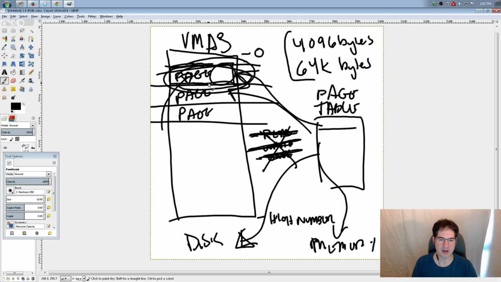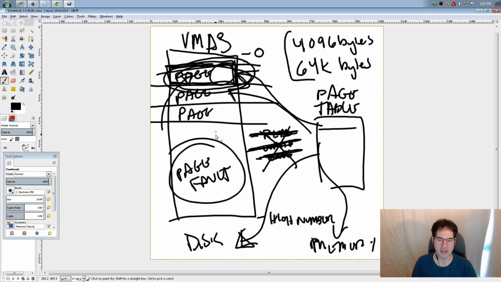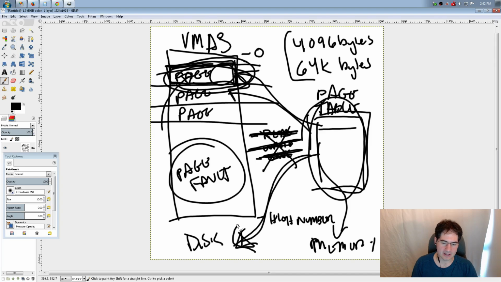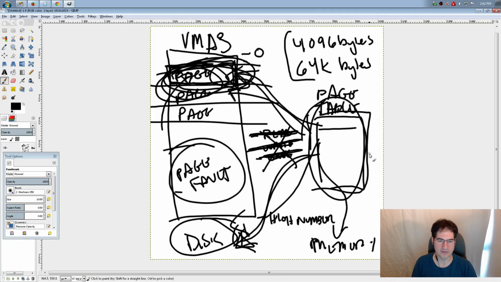What will happen is your process will just grind to an immediate halt, and you'll have what's called a page fault, right? You will basically cause a fault. There'll be an interrupt, and the operating system will wake back up, and the Intel processor basically gives the operating system the option to do something at that time. And what the operating system will do is it will go, oh, somebody needs this page now. Okay, I'll go back out to disk, I'll get it, I'll shove it back in here, and once it's loaded, I'll restart that process where it left off. So it basically freezes what you're doing, does the operation necessary to put it back in there, and then keeps going. So hopefully that makes some sense.